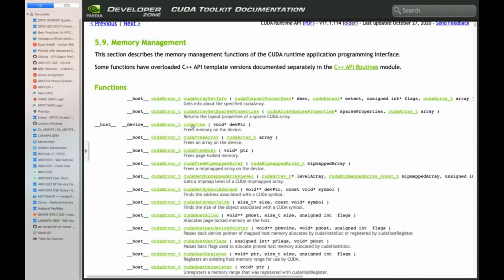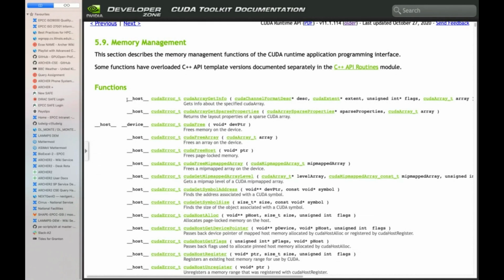Perhaps one thing worth noting here, you'll note all these routines have what's formerly known as an execution space qualifier in front of them. We saw this double underscore global double underscore yesterday, which indicates you want this function to be a kernel